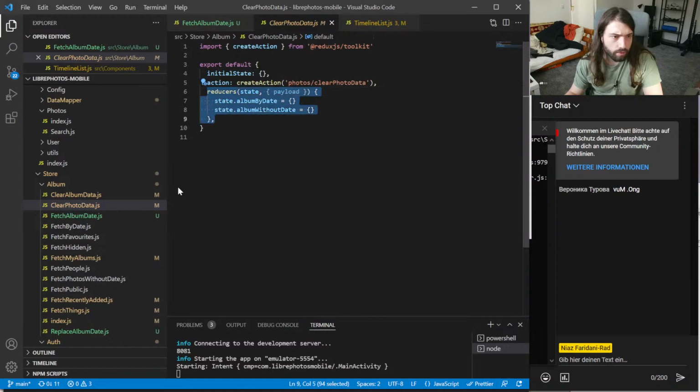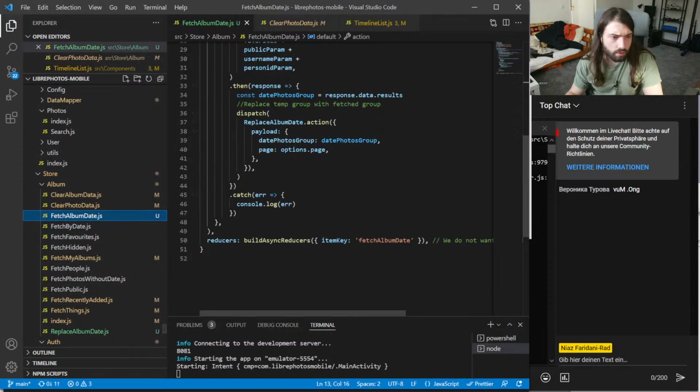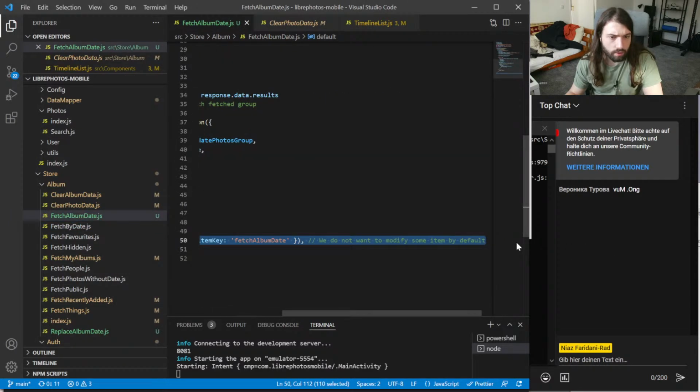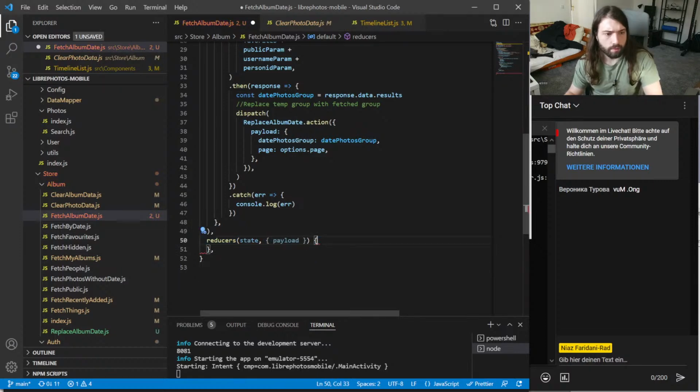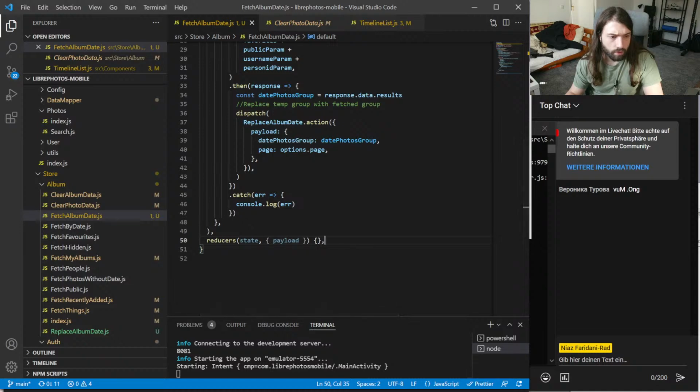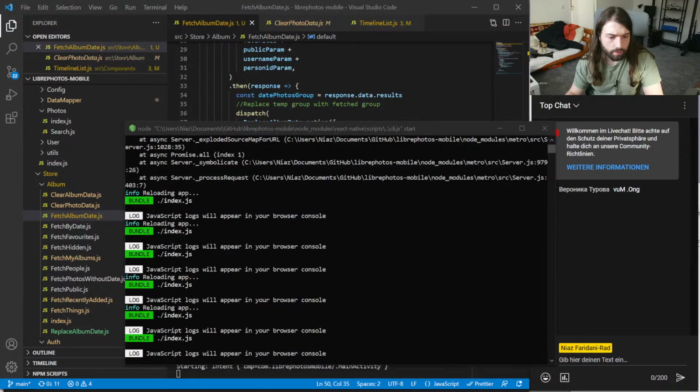Right. So we just add a manual reducer. We don't do anything. Very cool. So let's see.